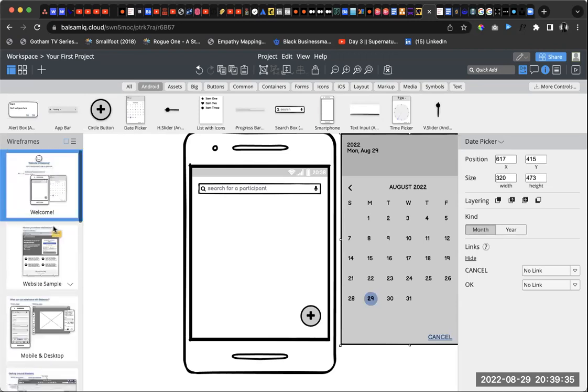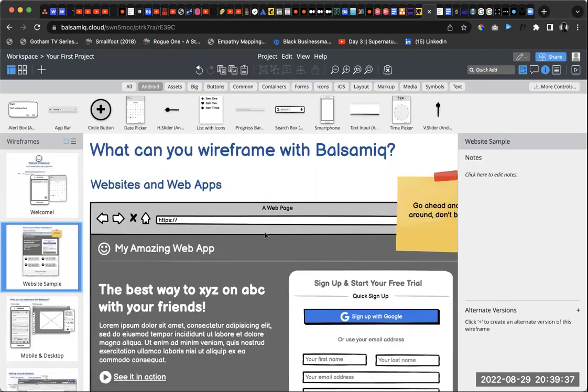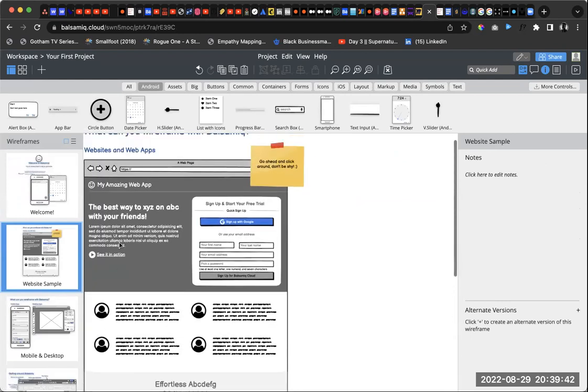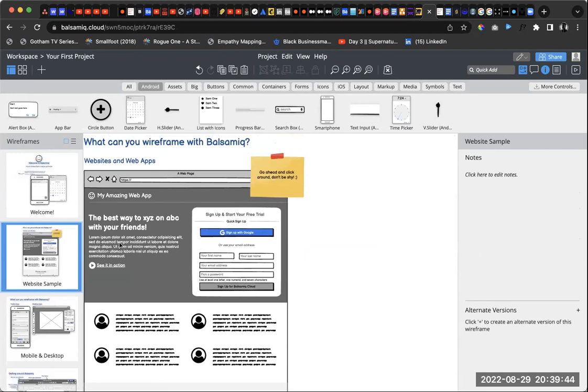I used to create flows. I also used to create, now see an example here, a landing page just to show, okay, this is the structure. So it gives you a structure of how you want it. That's what wireframes are for anyways. They give you a structure of how the real thing should look like. So let's go next to